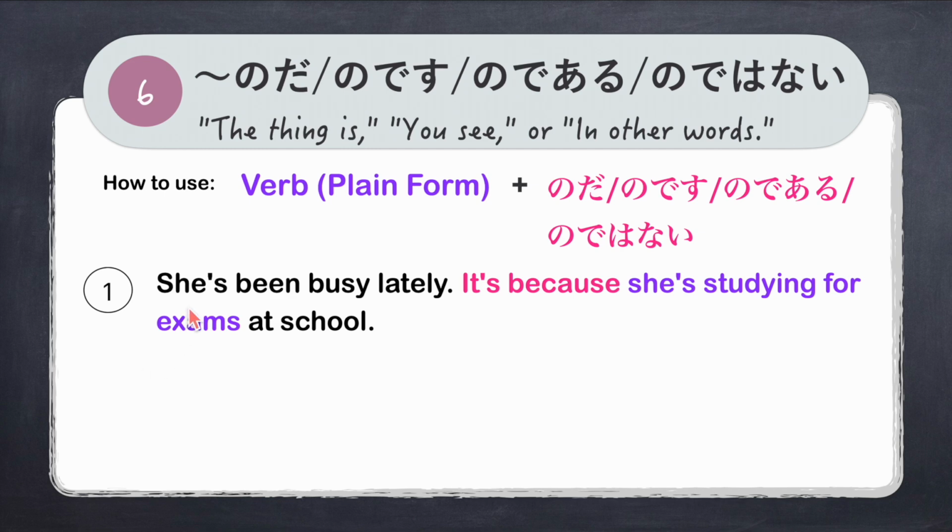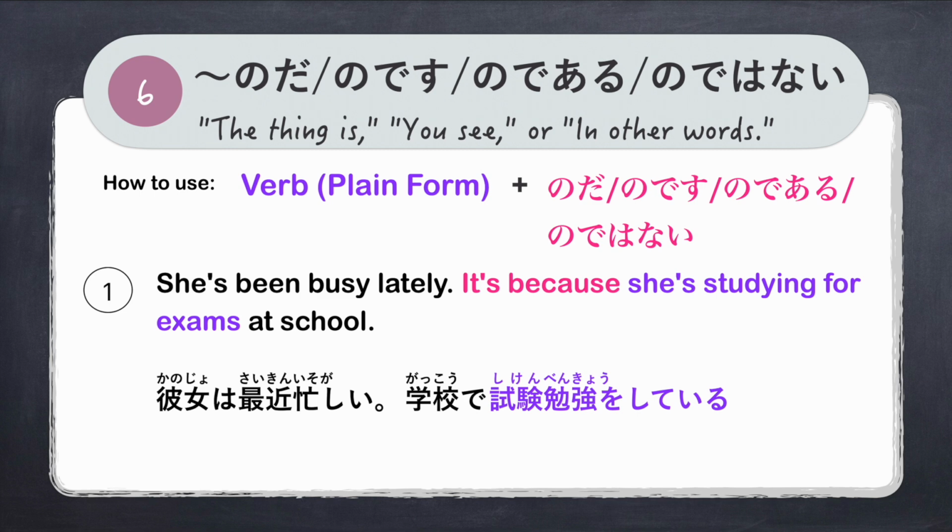For example, she's been busy lately. It's because she's studying for exams at school. Here we have the verb studying for exams. We say, 彼女は最近忙しい. She's been busy lately. And the reason is, 学校で試験勉強している. So the plain form of しています plus のだ. It's because she's studying for exams at school. 彼女は最近忙しい。学校で試験勉強しているのだ。